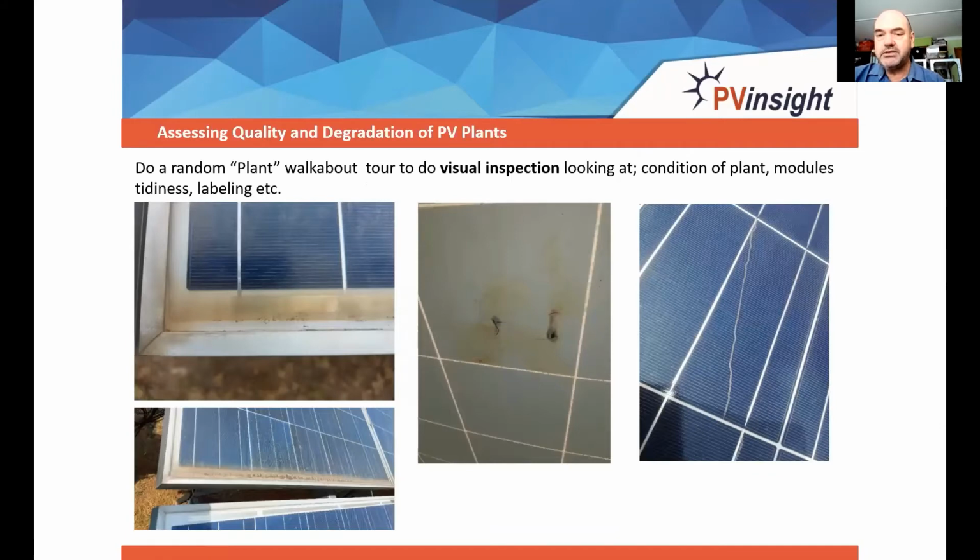Okay, so during a plant walkabout, you look for obvious features like backsheet burning that we see a lot. And then, very uniquely in South Africa, we've noticed, if you look at the left-hand side there, basically a film that is formed on the glass, and sometimes that's because of water hardness, calcification. But recently we also noticed in this plant that there are some silicates that actually deposit on the glass, and the bad thing about that is that you can't just wash it off. Your only way to get it off is by mechanical scraping. And that obviously happens at the bottom of the module frame, and it builds up, and again it has a potential to